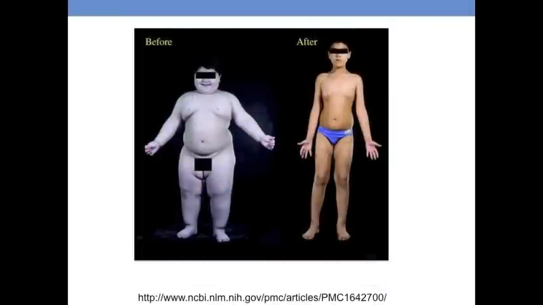Now for the good news. This is the picture of a boy enrolled in a 2002 United Kingdom study researching the effectiveness of leptin injections on the treatment of obesity. Over the course of 2 years, this boy went from being morbidly obese to being at a healthy BMI for his height. This points to the utility of leptin therapy in medically aided weight loss. Perhaps in the future, we will see doctors using leptin therapy to aid their patients in obtaining their weight loss goals.